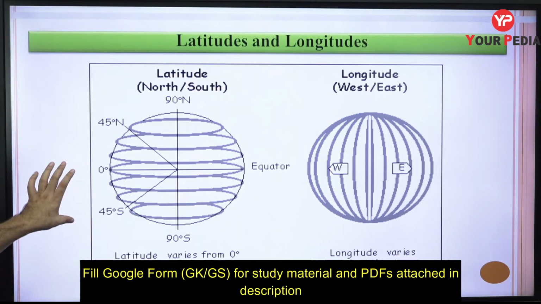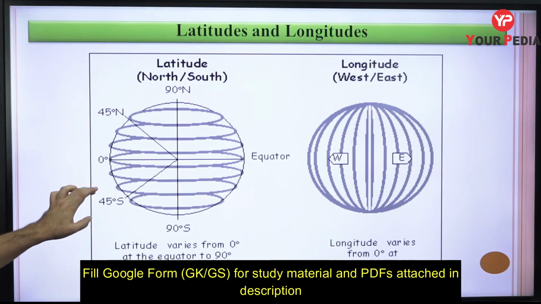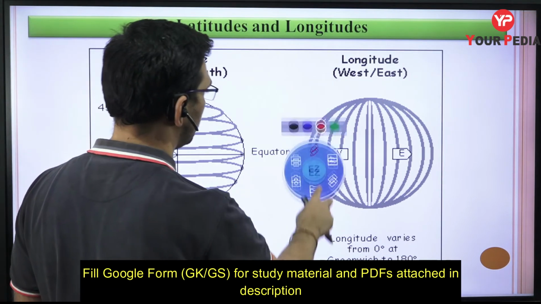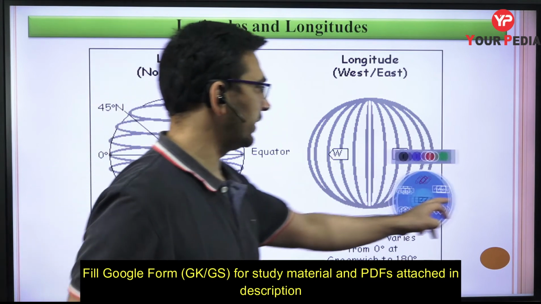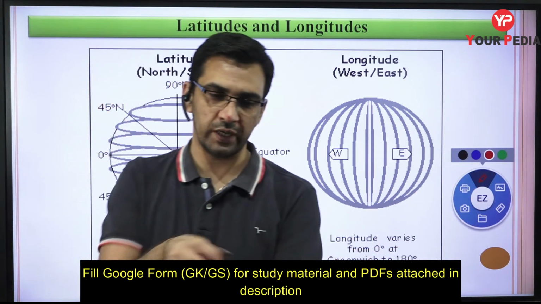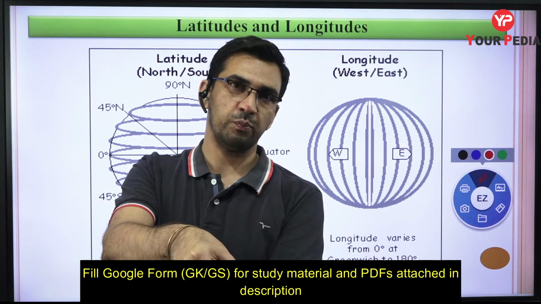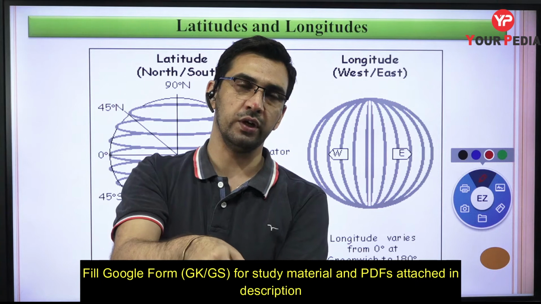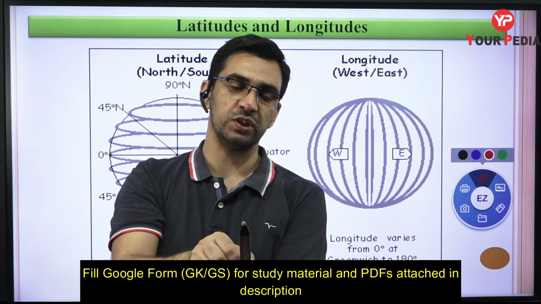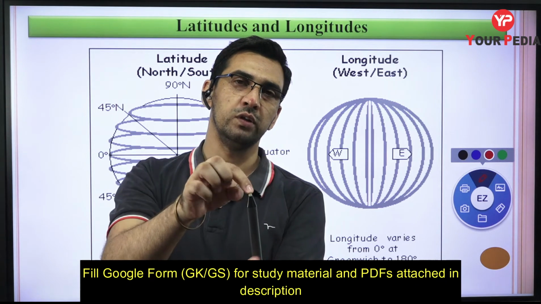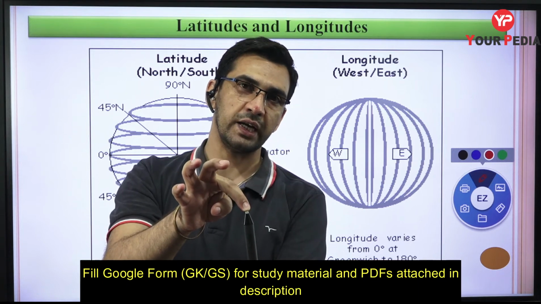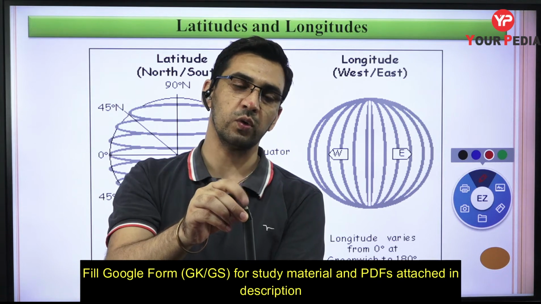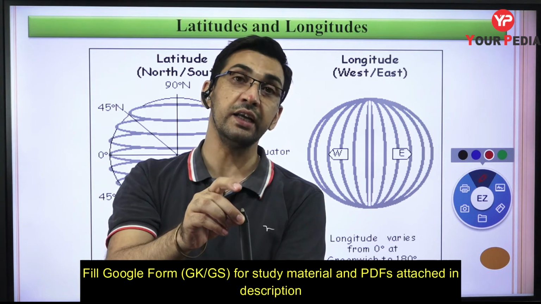It's very basic, and some basic information you can also have over here. Obviously, when we talk about the latitudes की variation देख लेते हैं कहां से कहां vary करेंगे. Latitude is this plane and angular position. You start at the equator over here, 0 degree, and go on increasing. Angular position increases, and when you are at the north pole, what is the angular position? 90 degree north. So if you want to locate the position of the north pole, you say it is located at 90 degree north.